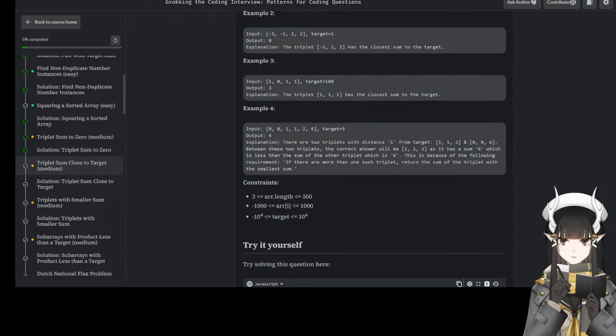Target is 5. There are two triplets with distance 1: 1, 2, 3 and 1, 0, 3. Between the two, the correct answer will be 1, 1, 2, as its sum is 4. Another one is sum of 6. Because of the requirement. Okay.